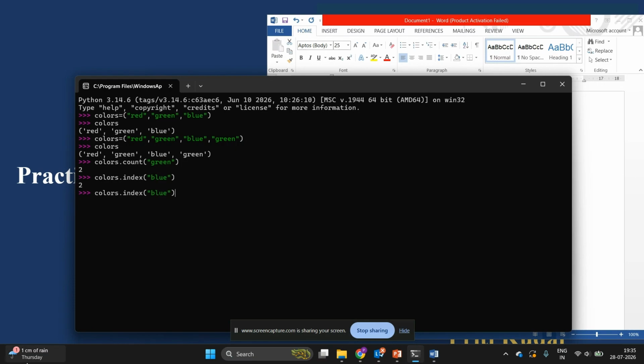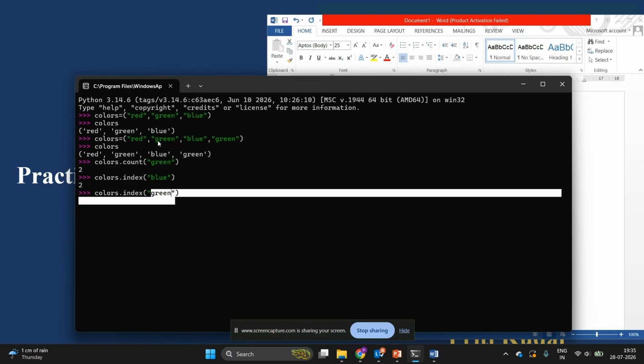Now what if I write colors dot index and give green in it? Green has occurred twice in the tuple. The first green is available at index position 1, and the second green is available at index position 3. So if I write colors dot index, from the colors tuple I want to return the index position of green, but it has occurred twice.